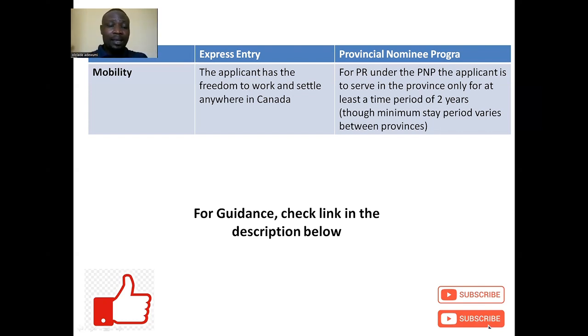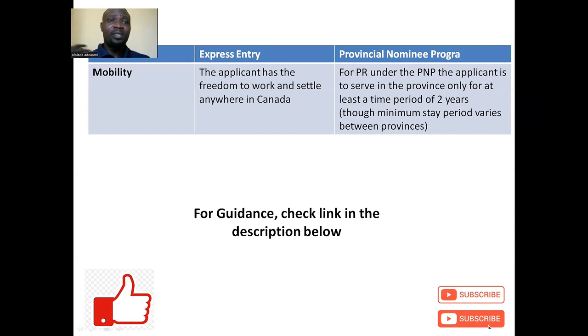If you want to move out of that province without fulfilling that number of years or months, then your status will be revoked. Okay, your application will be revoked. That means you are losing your PR status. So you are limited to the province that approved your application, while under Express Entry you can settle anywhere you want.